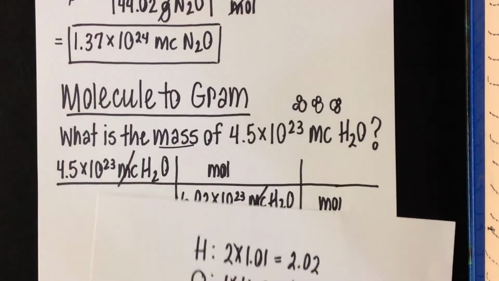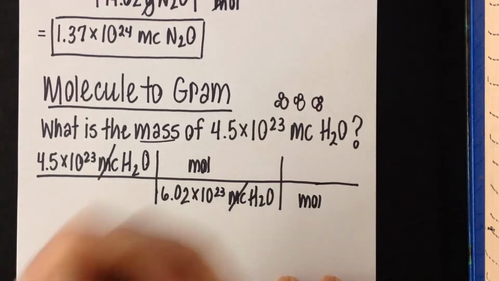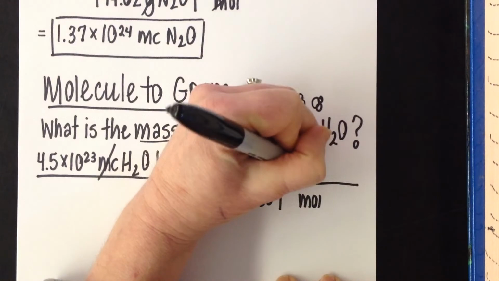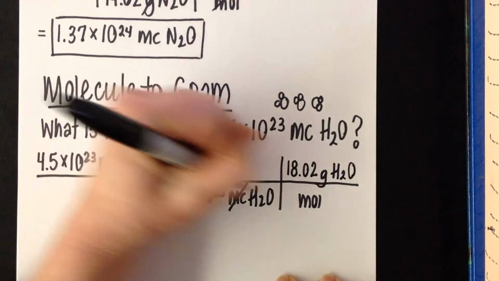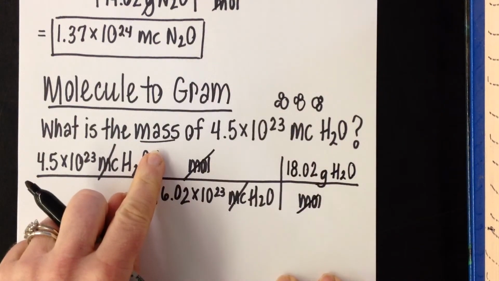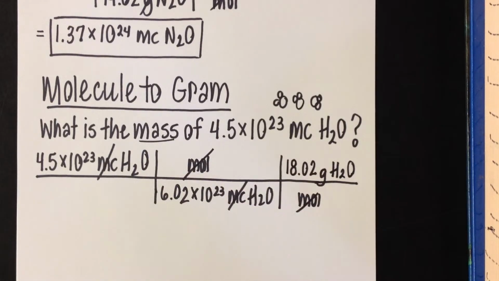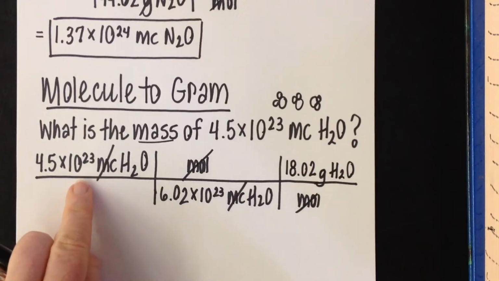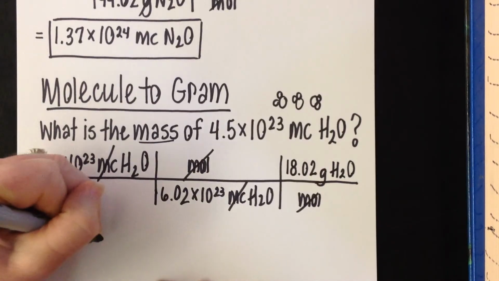So this is the molar mass of water, and this is what I'm going to have to plug in in order to go from mole to gram. So there are 18.02 grams of water per mole. I know I'm done because the problem asked me to solve for mass of water. I have mass of water on top. That's kind of like your little stop sign. Say, hey, stop, it's time to calculate. And you are going to multiply the 4.5 times 10 to the 23rd by 18.02, hit equals, divide by 6.02 times 10 to the 23rd, and your answer is